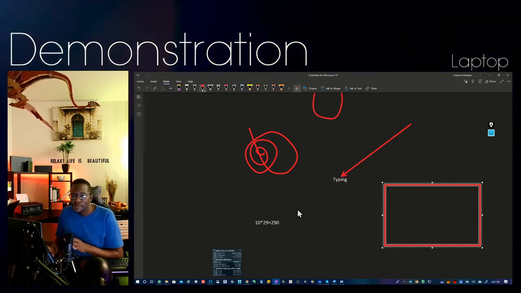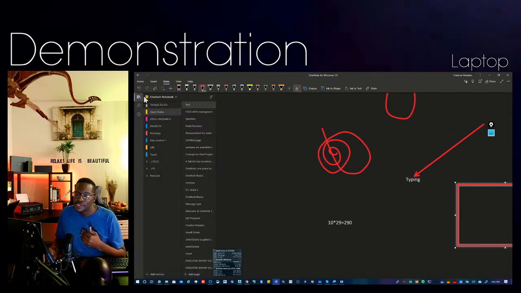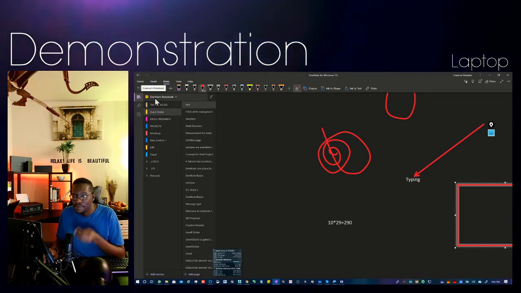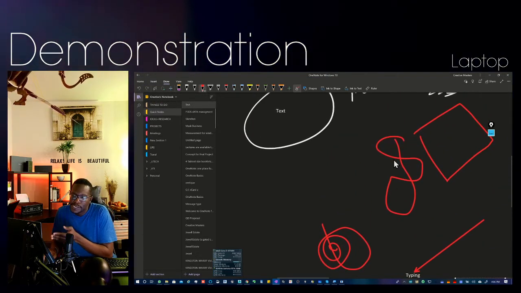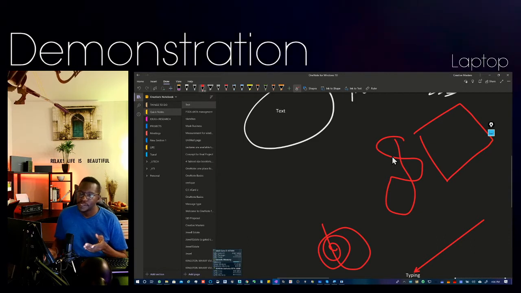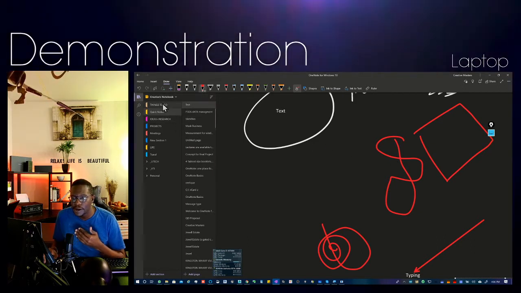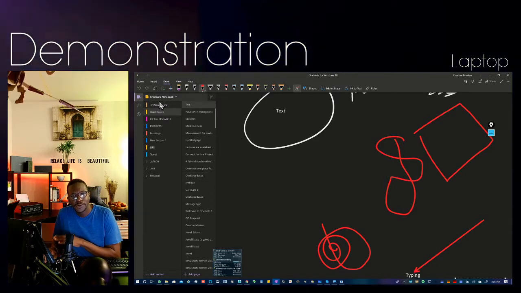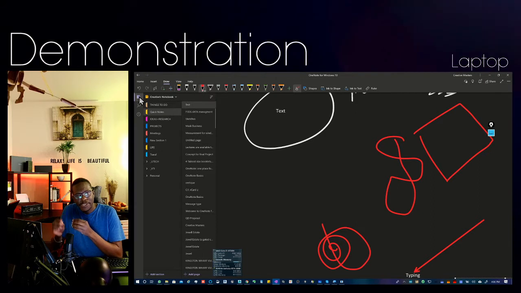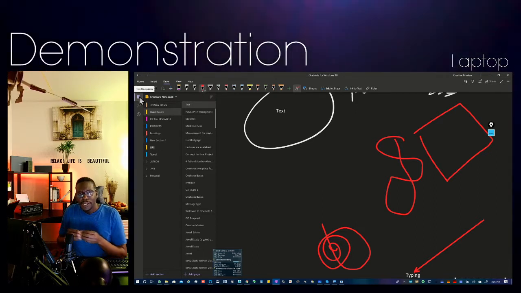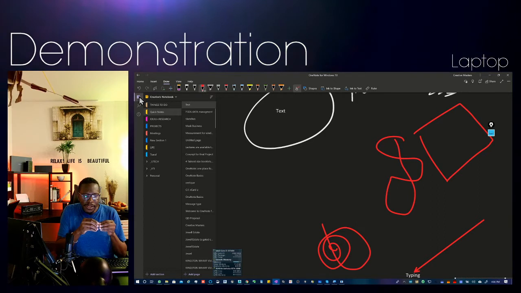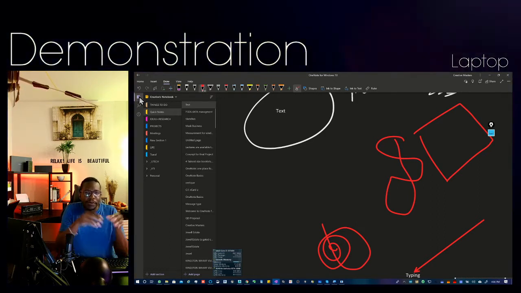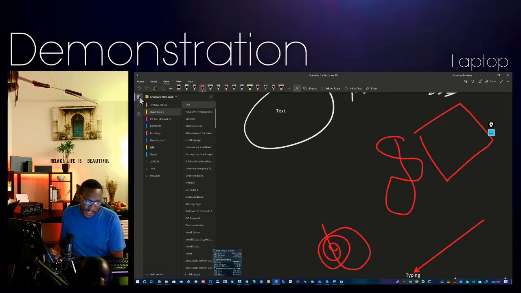Now, the collaboration aspect of OneNote works by sharing your notebook. Now, that may be an advantage or disadvantage for you. In my case, if I wanted to share just this page, OneNote wouldn't be the best program to do that, because if I share my notebook, then all of these chapters and pages will be shared, and you are currently unable to share a note, which is just how OneNote is structured. So if you were to collaborate in OneNote, you would basically create a new notebook and you would collaborate within that notebook, right?